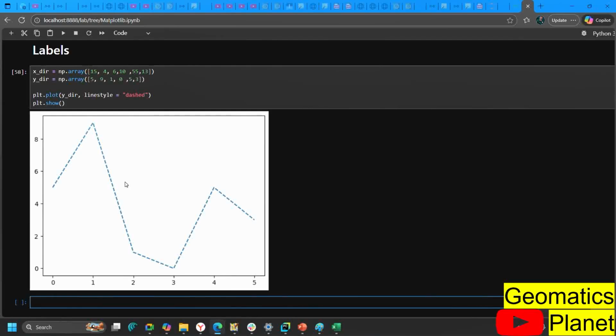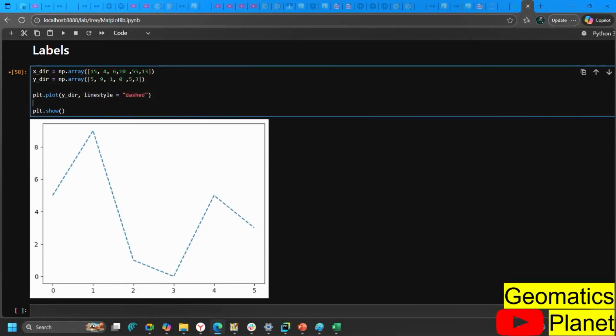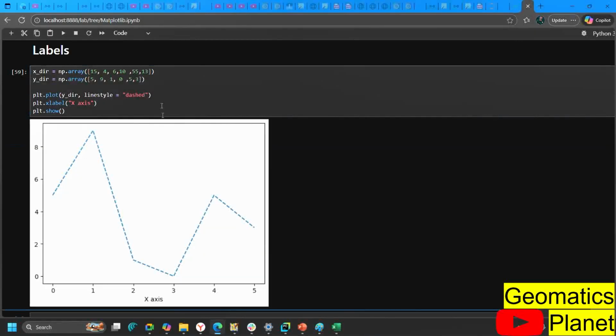Now if I want to go ahead and start labeling, I can go in here, you can see the way I plotted this. So if I want to label, I can now go and say plt, that is Matplotlib dot, I can say xlabel, like this. Then when I say xlabel, I can put anything I want here. I can say X axis, for example,